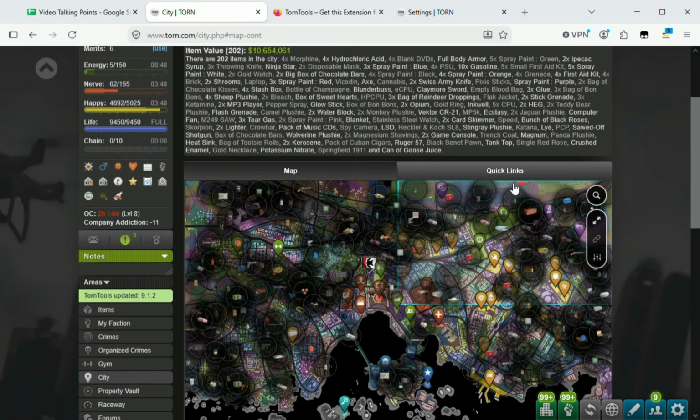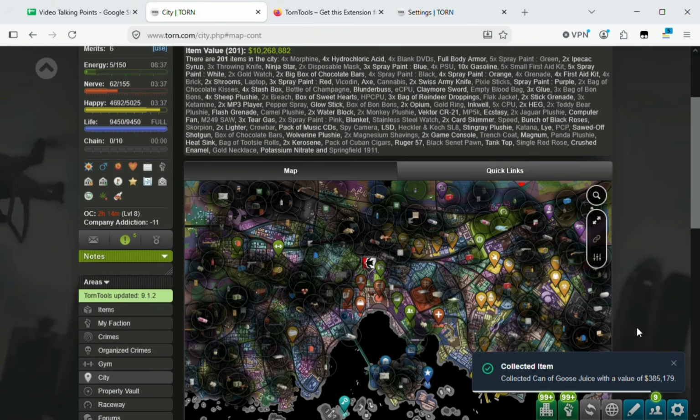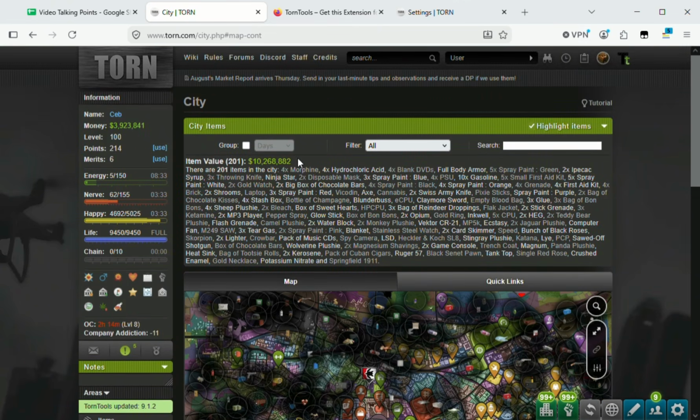This is a small chance to get books and other rare items from here. If you put your cursor over it, you can see how it highlights the item on the map, so you can see where it is. There's a goose juice. I'll just pick that up, and that's quite nice. We can also see the value of the items here, and that's something that TornTools does a lot of. And in that respect, there's one other thing that TornTools does really nicely, and that is if